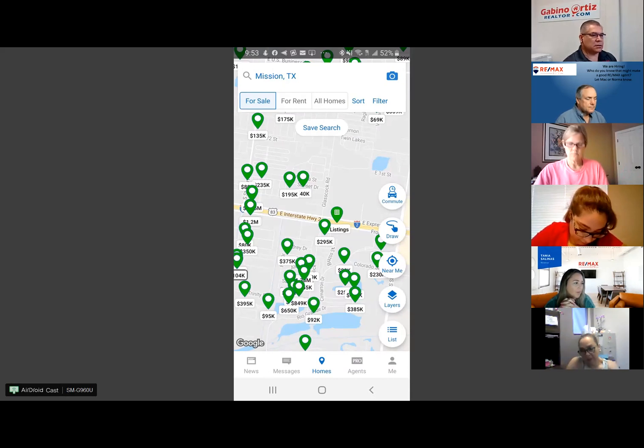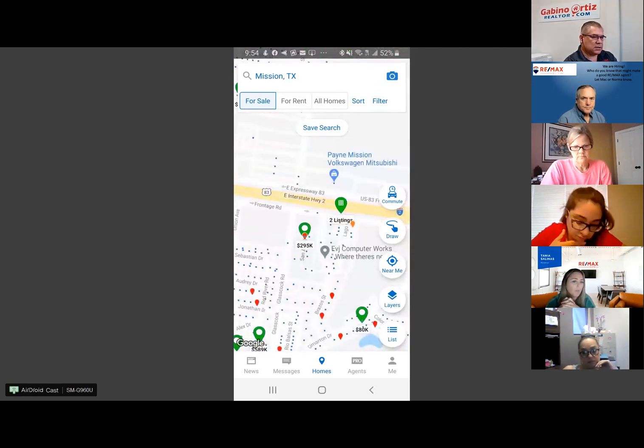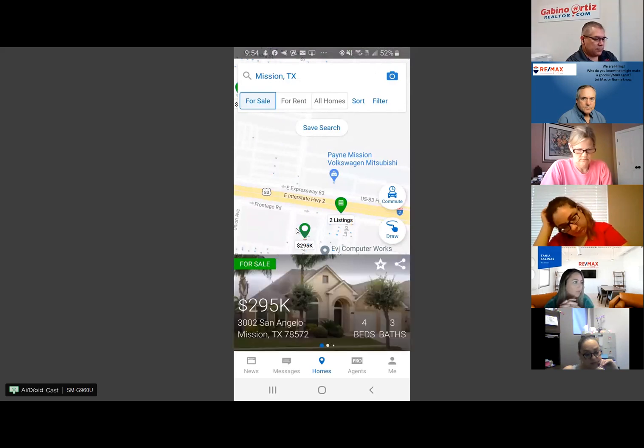Awesome. I'm using something else. The main thing that I use Homesnap for is when somebody's asking for information on a listing. Let's say, for example, this one here. If I identify the listing and it turns out that it's this one right here, this is what I do. I click on it, click on this 295 one, and just for the sake of showing here,